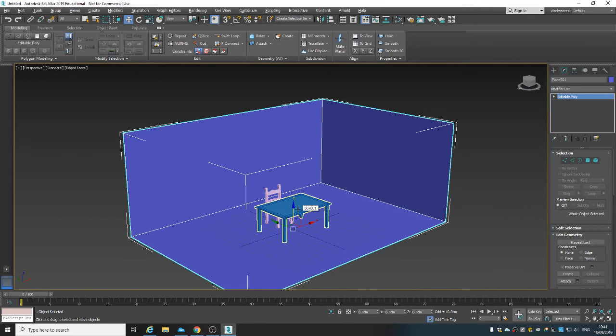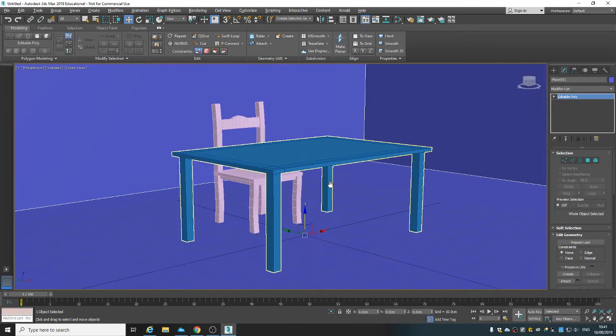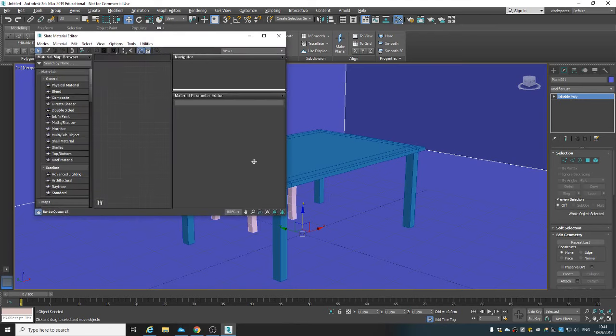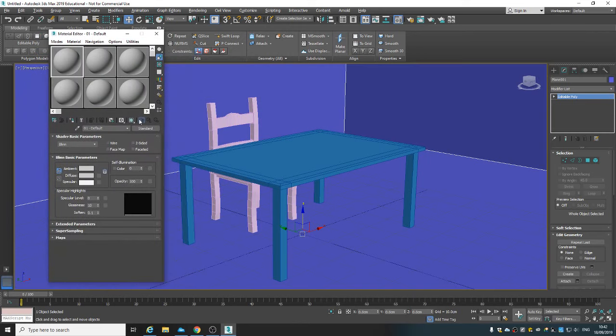Okay, the next thing I want to do, now I have this, is put a gray matte on all of my objects. To get into the material mode, I'm going to press M, and this slate menu will pop up. There are two modes, slate and standard or compact. If we click on modes and go to compact, we'll see our material editor in visible nodes